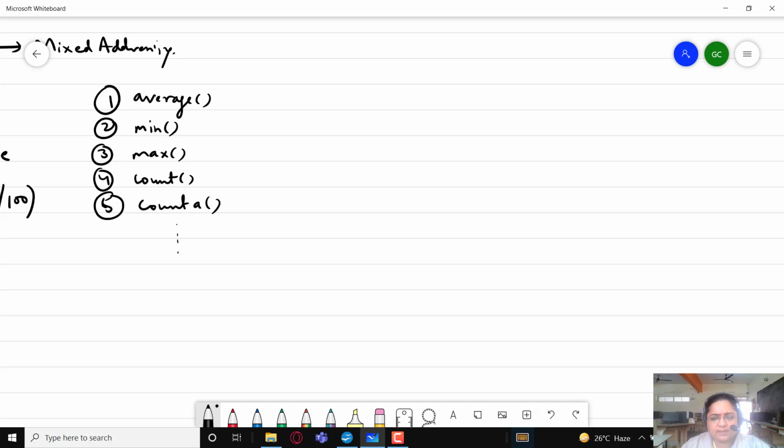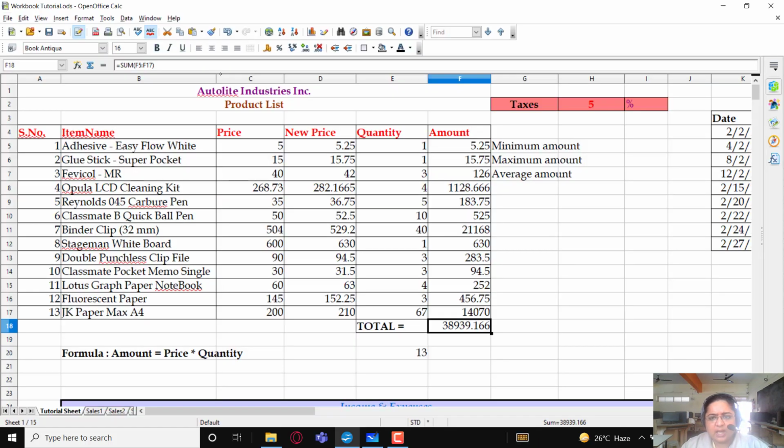So you have this average function over here. Firstly, I am going to calculate the minimum amount among these. So what is the minimum amount?